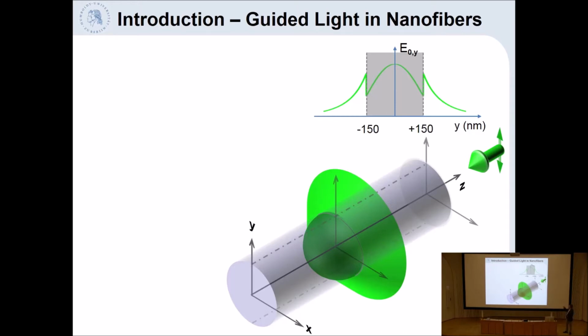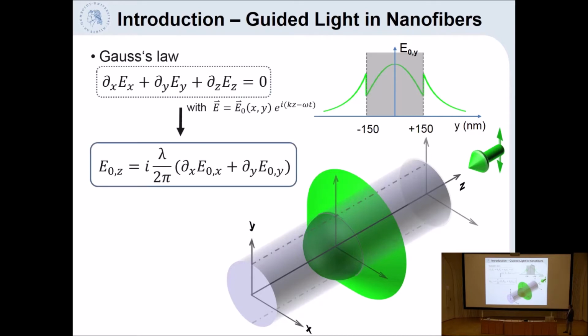So the electric field, or the divergence of the electric field in the evanescent part of the guided mode, has to fulfill the condition that the divergence vanishes. Okay? And if we now consider a guided mode which is translation invariant along z, then we can just write it as an amplitude which depends on the transverse coordinates and a phase factor e^{ikz} for the propagation along z. And if I now apply Gauss' law to such a field, then I immediately see that